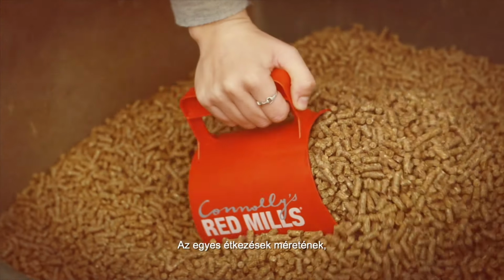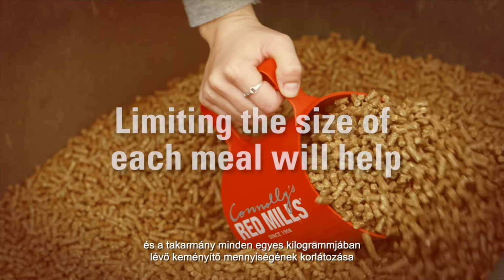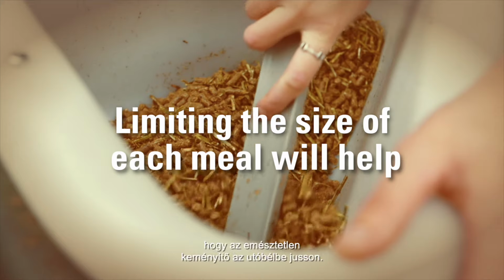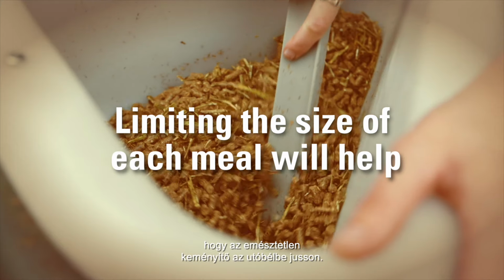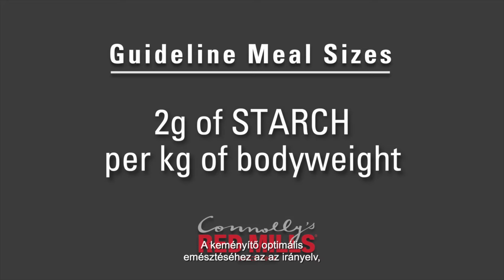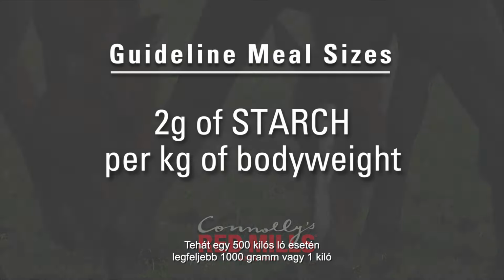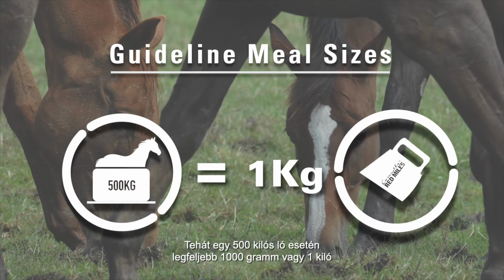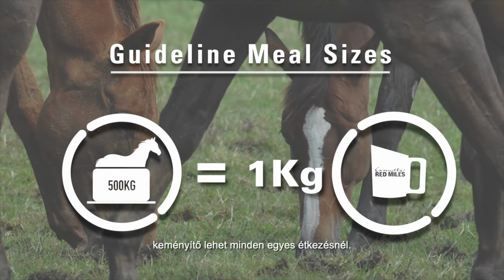Limiting the size of each meal and the amount of starch in each kilo of feed will help to reduce the risk of undigested starch reaching the hindgut. The guideline for optimal starch digestion is no more than 2 grams of starch for every kilo of your horse's body weight. So a 500 kilo horse should not have any more than 1,000 grams or 1 kilo of starch